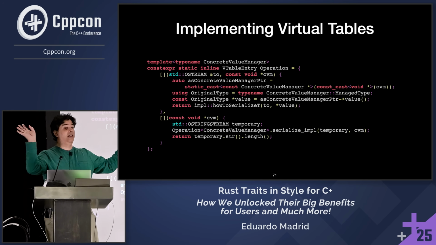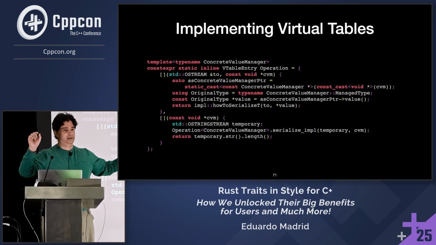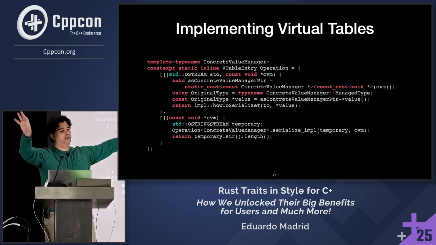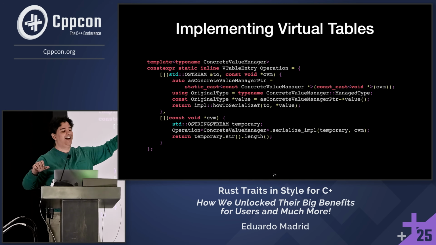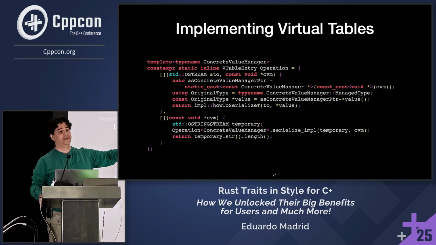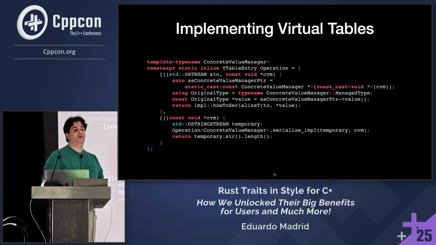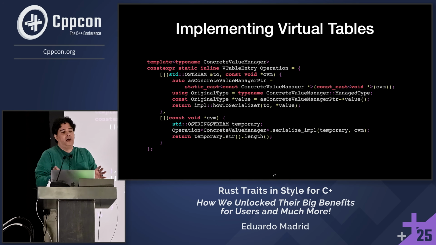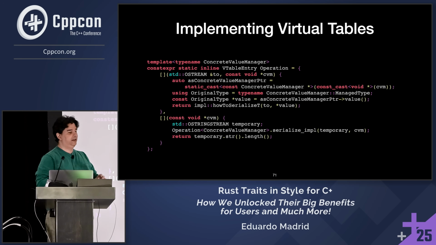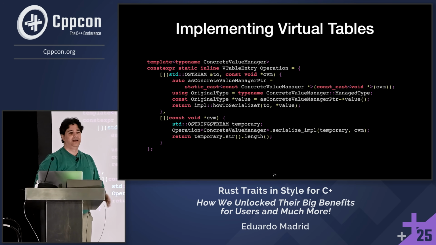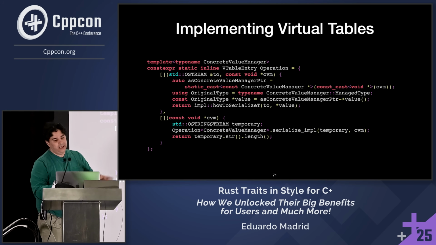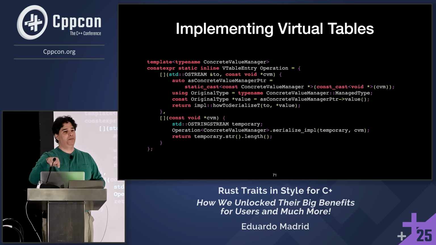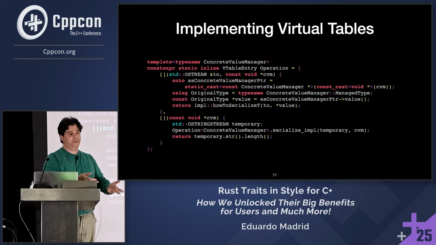It can do things like scattering, data-oriented scattering. And so the fields are going to be scattered into arrays of structures, in a structure of arrays of fields. So the framework by itself does not commit to maintaining the object somewhere. It can give you proxies to the fields that it has. But in this particular case, this affordance is prepared to use the concrete value managers that have the function